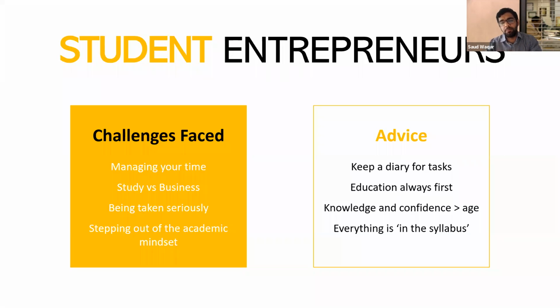Now, for managing my time, what I did, very simple. I kept a diary, split the page in half by drawing a line between it, put study work on one side and business work on the other side, and started noting down every task I had to do for the day, and I cut it off. At the end of the day, I'd see how many tasks I have, and I'd plan my next day accordingly. So the most crucial thing in managing your time would be to keep a list of everything you have to do, and then prioritize them by adding numbers.